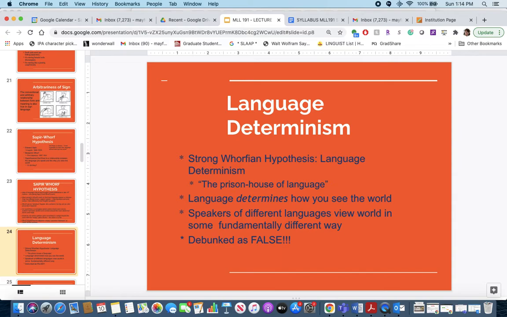What people would say about linguistic determinism, the prison house of language, is that it is false, right? Just because someone speaks a different language doesn't mean they view the world in a different way. We might think they would, and a lot of people actually use this in very